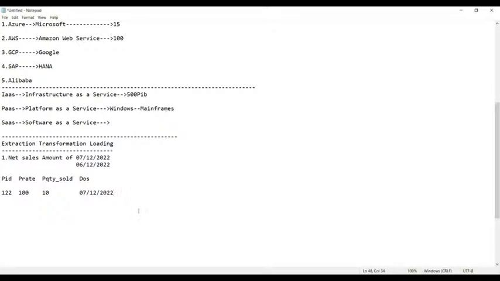The second line: product ID 123, product rate 200, quantity sold 10, date of sales 07/12/2022. And then we have the next one, 124.